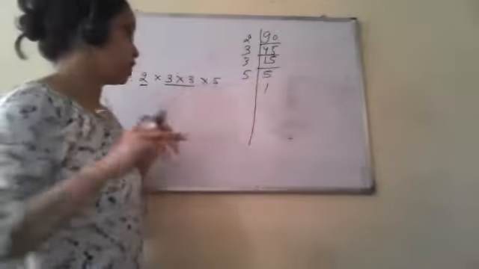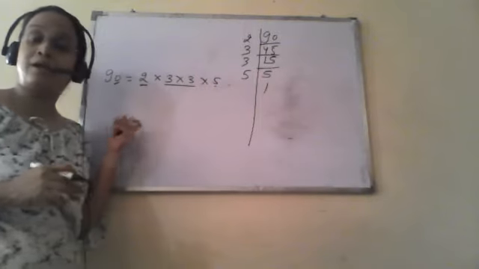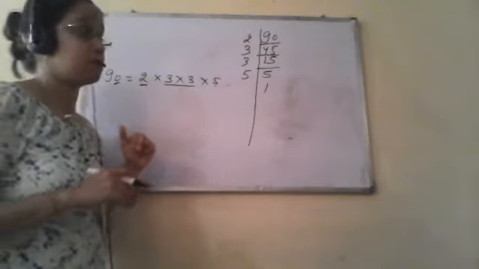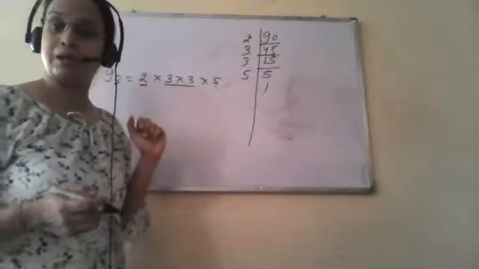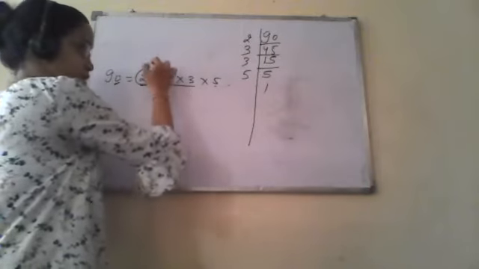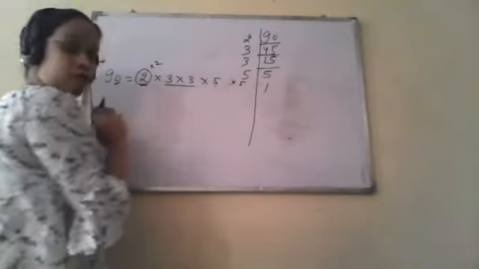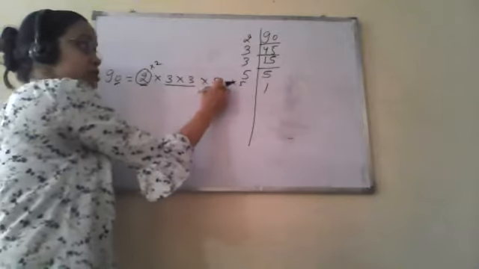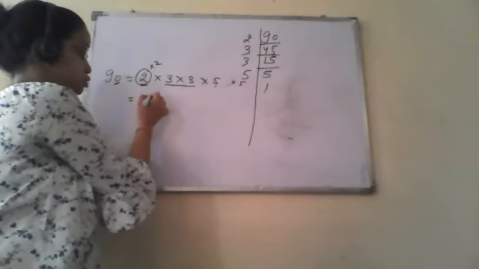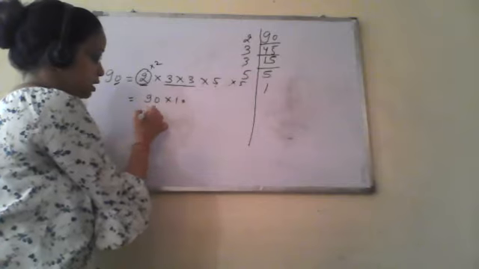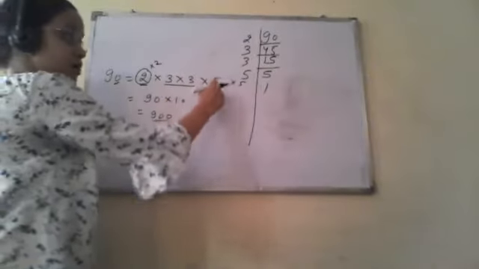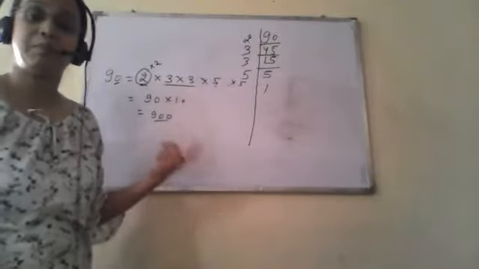One more thing we can say: if we have to make this 90 a perfect square, what do we have to do? Either we can multiply by some number or we can divide by some number. If we multiply, how can we make it a perfect square? We need a pair of 2 as well as a pair of 5. So we multiply by this 2 and this 5, total 10. So this number will become 90 into 10, that is 900. So this 900 will be a perfect square. Clear?